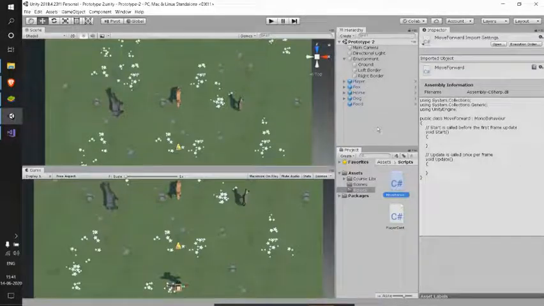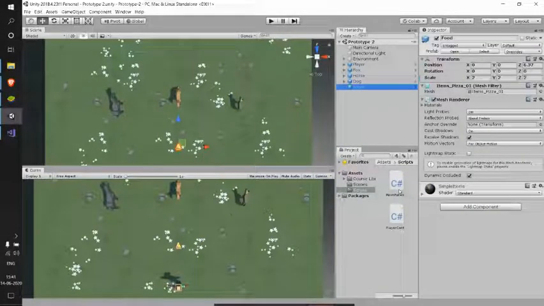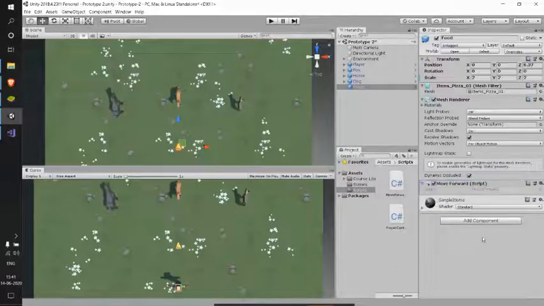I have successfully created my script, and now let me attach that script to my food game object here. So for the food game object, we have added our script as a component. Let me edit this script by double clicking it.